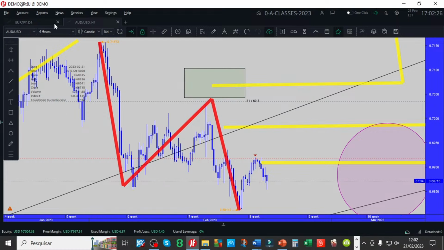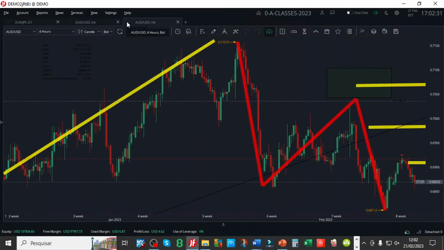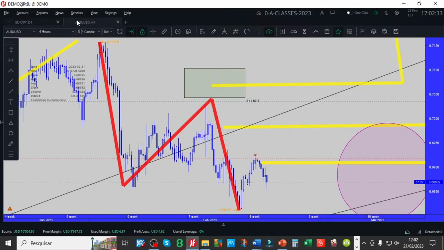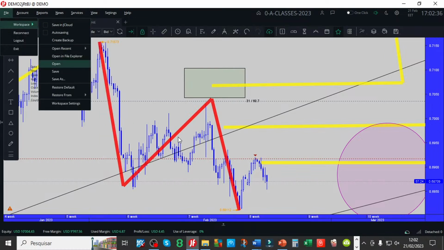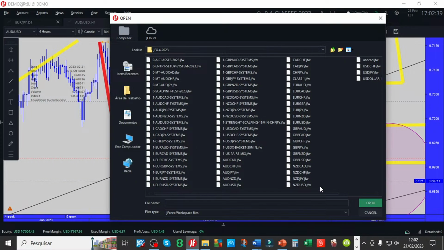Okay, everybody. There is no right or wrong. Euro JPY, AUD/USD. File open. There you have it. AUD/CAD, AUD/CHF, AUD/JPY, AUD/NZD, AUD/USD. Canada CHF, Canada JPY,